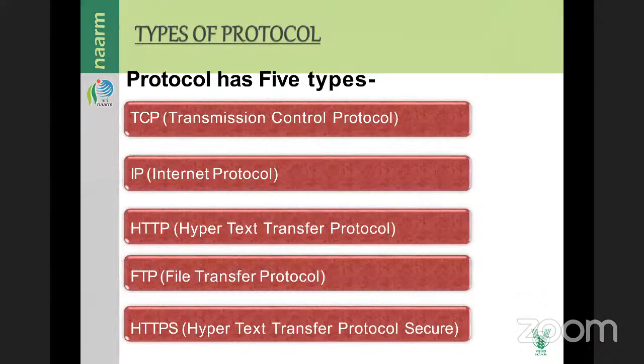So what are the types of protocols? TCP/IP is required in our systems. TCP is Transmission Control Protocol. Without that, it does not work. Internet Protocol means a number, an ID that we keep, like 192.162.140.1. So like that, we keep some ID for the internet protocol.